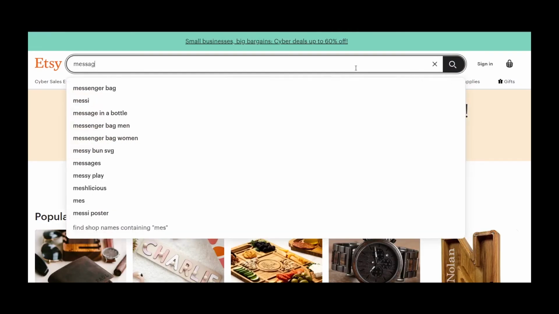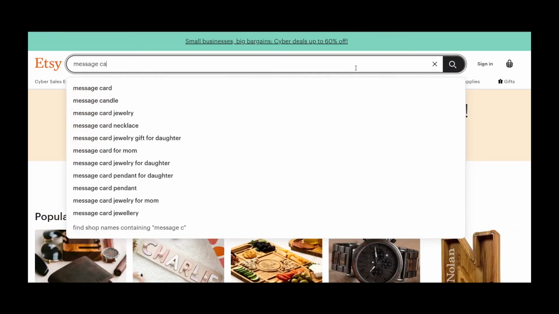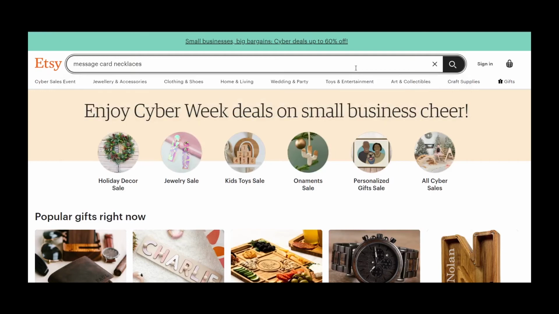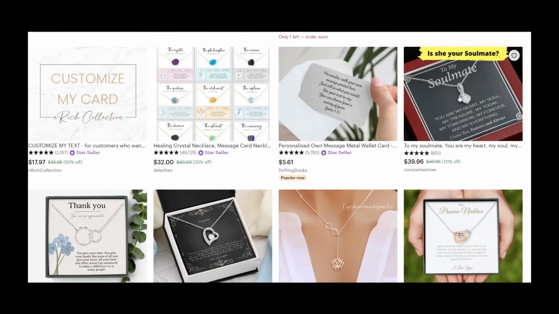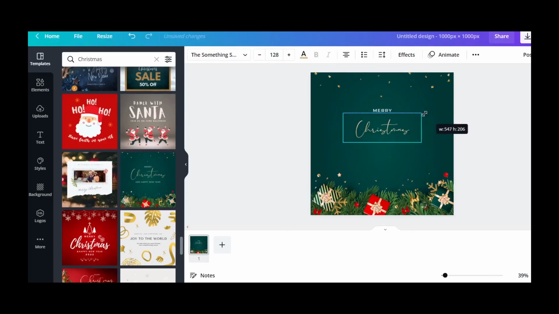Now, you would have seen many message card designs. Most of them follow the same pattern. The salutation, like to my wife, to our grandson, etc., will be placed on the top of the message card. The actual message will be placed at the bottom of the card. I am also going to follow the same pattern here. But feel free to break the norm. You can place the text wherever you want. It is just that the message should be easily readable. Let's just resize the word Christmas and move the Merry Christmas to top.